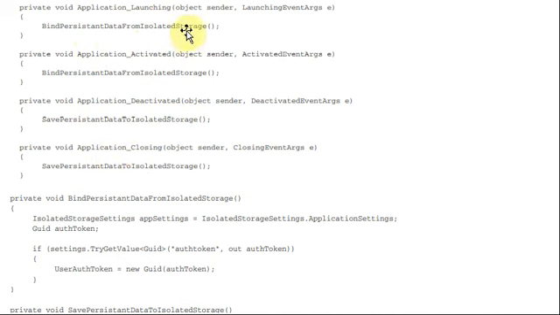So when you say launching, then you bind persistent data from the isolated storage, that is a function you are going to call under ApplicationLaunching.